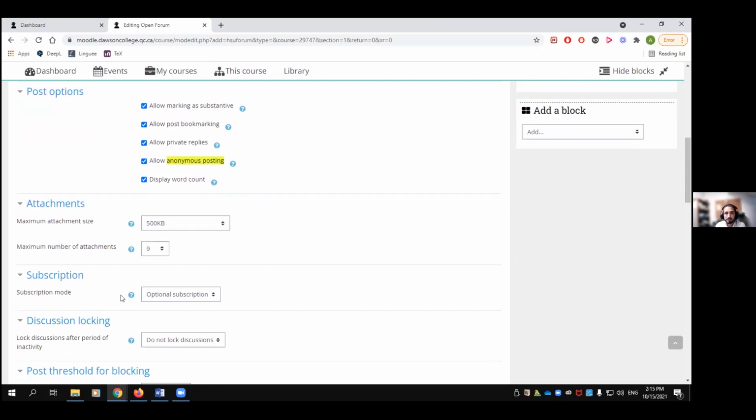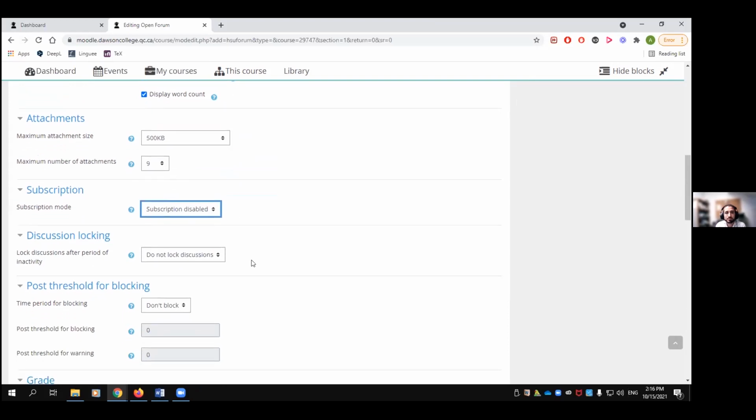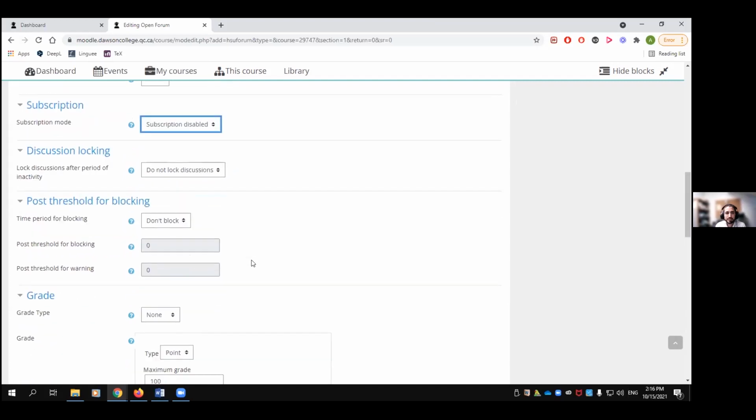Under subscription, I would disable it, because they would receive an email, and you might receive an email every time somebody posts something. That can be really spam, especially if they use it a lot. Although they have their Dawson account tied to it, a lot of them don't really check their Dawson account. All right, under the grade,